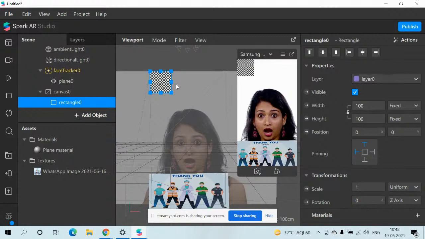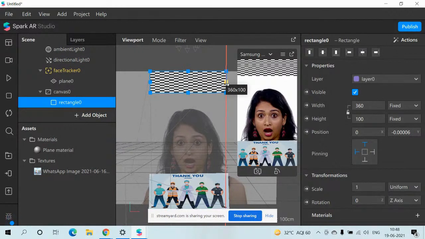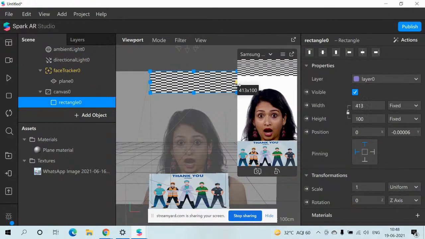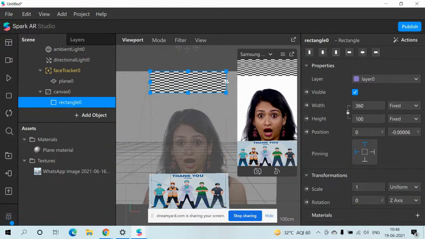But while we are working with the 2D objects, what we do is we just simply control the length, alignment, or whatever we are adding by this option that we have here. We don't have to work with the axis, so it gets a little easy while we are working with 2D objects. So now you can see this has spread out here as I did, and depending upon the version that you are using, you might sometimes not get this option to simply increase and decrease the length of this rectangle